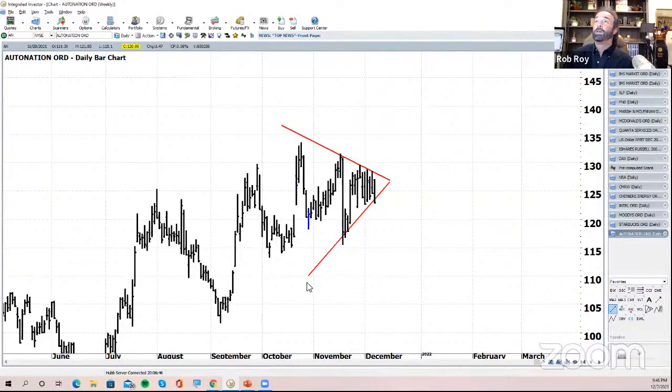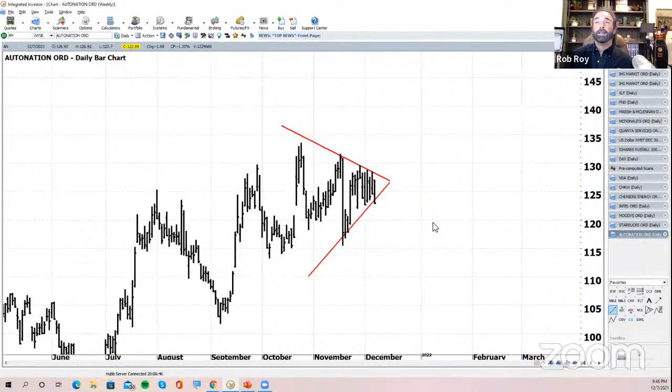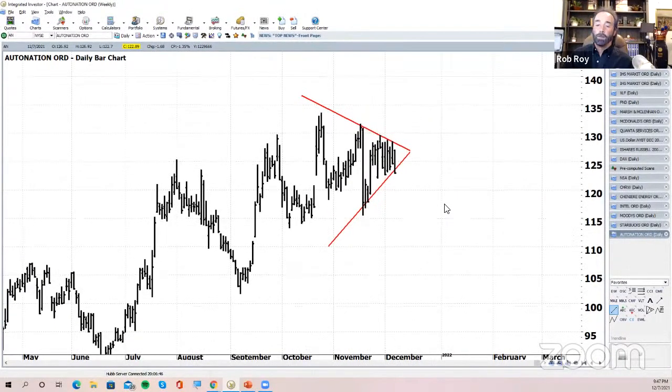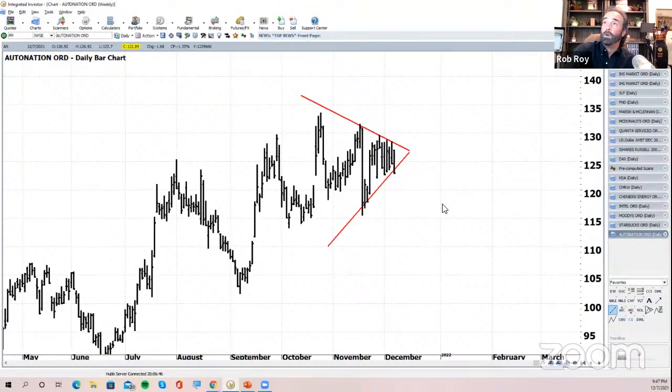We come down here 110 to 130. That one I think looks the best of anything we've looked at. So let's go ahead and let that one be our case study consideration for this week. Next week, if the market continues, we'll have all kinds of directional stuff to look at. Just the market has to make that move that I was talking about. But for here, AutoNation,